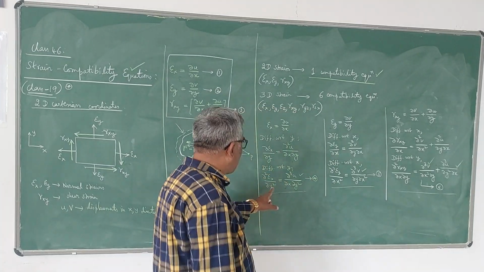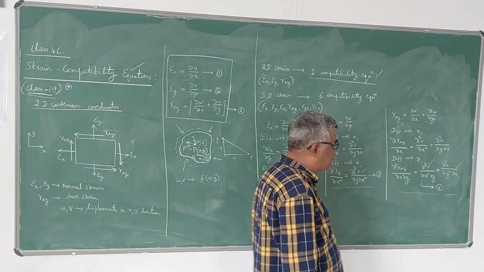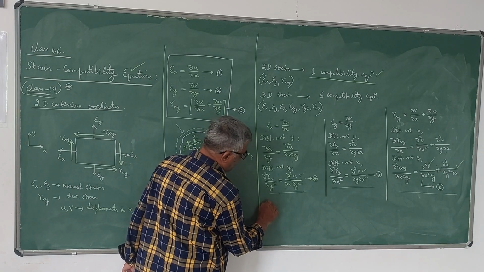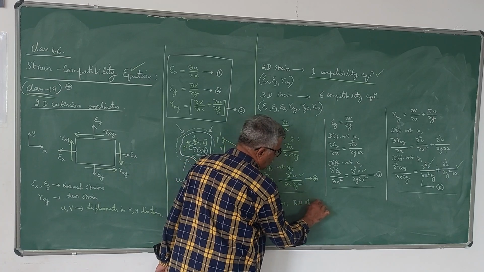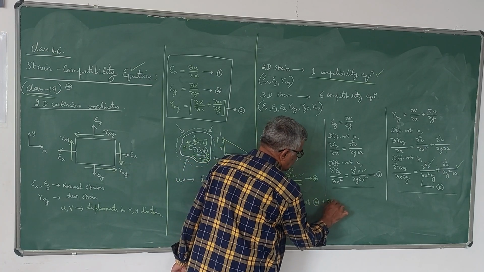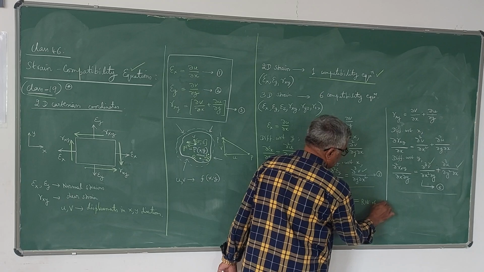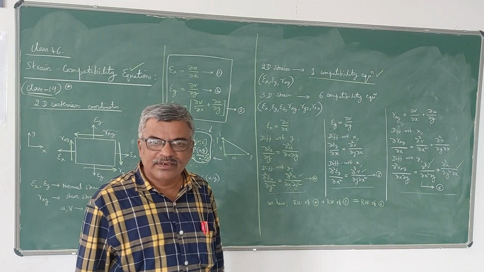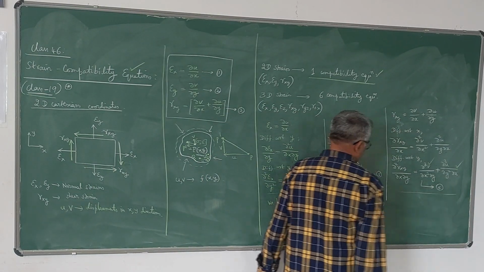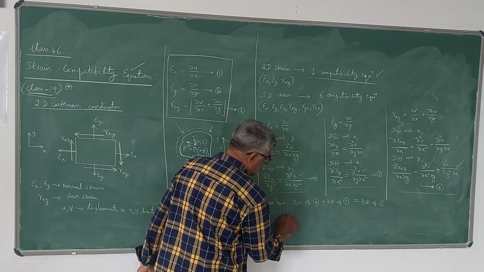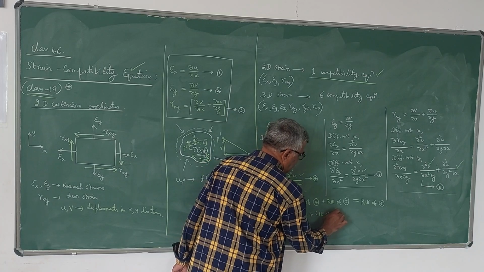That means if you add the LHS of these two, it should be equal to this. So from what we can observe, RHS of 4 plus RHS of 5 is equal to RHS of 6. Even these two if you add up, you are getting this. Therefore, LHS of 4 plus LHS of 5 should be equal to